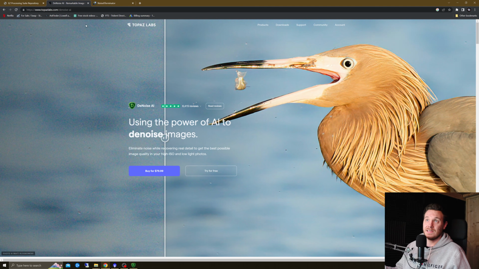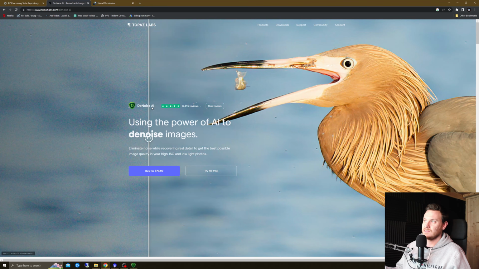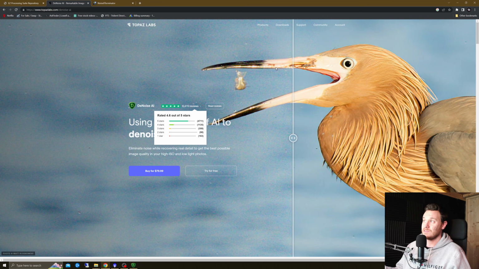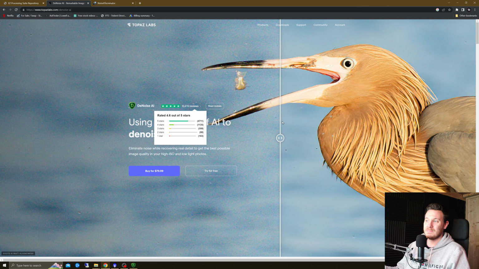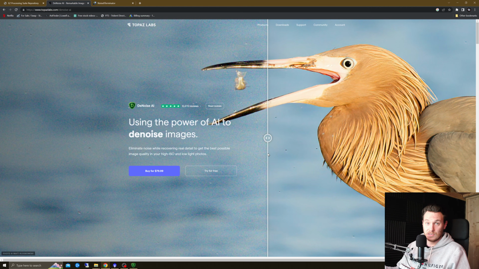Now next up is Denoise AI. As you can see, the little web-based demonstration of it here, and it really does work fantastically well on terrestrial images, as I'm going to show you a little bit of later, but it also works well on astro images when used with care. Why do I say with care? Well, I'm going to demonstrate that too, but basically the price of this one, you can try it out for free, or if you want to buy it outright, it comes in at